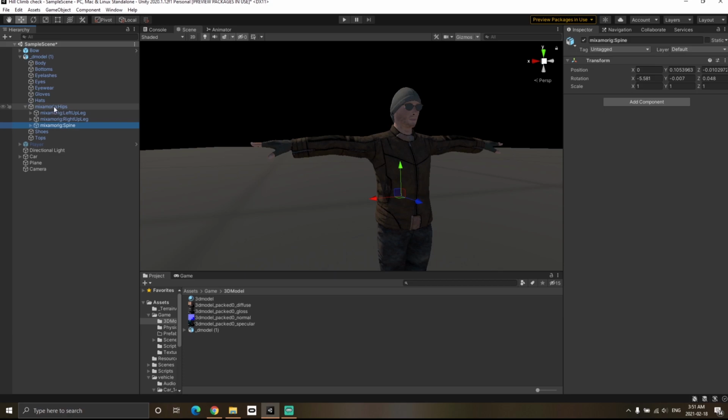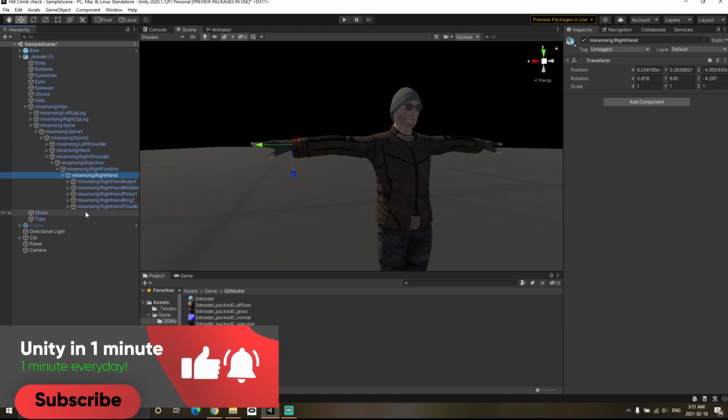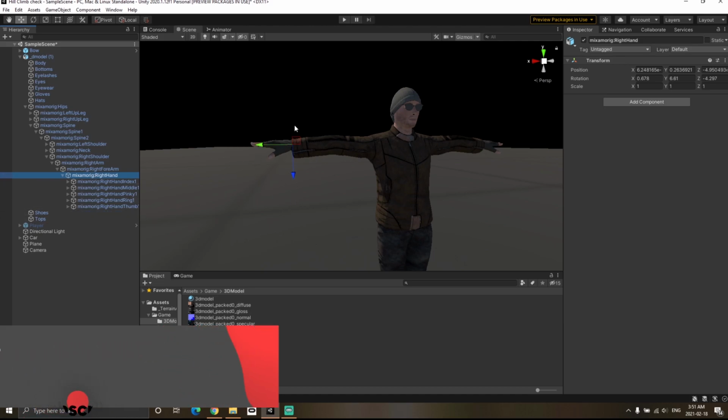Now in many cases you will need these bone transforms in order to access a specific bone of your characters. So let's say you want to place a gun in the hand of the character. In that case you need to get to the hand bone of the character and put a gun over there. Or you can also use IK as a more advanced method, but I'm going to talk about IK in future videos. But a simple way is that you can put any transform in the hand bone and that particular object will move with the hand.